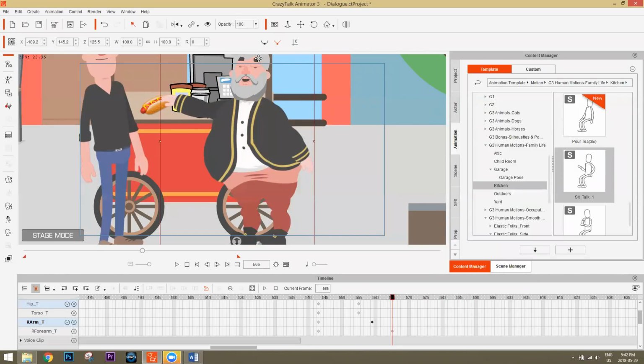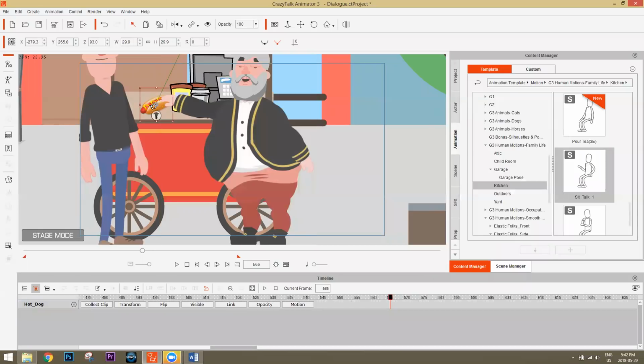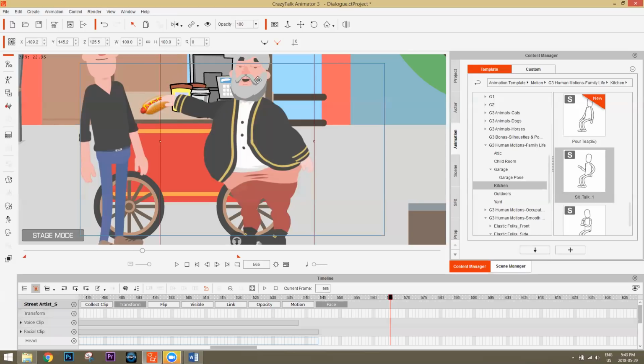At this frame here, we're going to have him link the hot dog to his hand. The easy way to do that: select your hot dog, and this is a prop, of course, so we're just going to have it link. You can actually right-click it, I believe. Can you? Nope, that's only an icon. All right, so select your hot dog there, and up here there is a link. You can just select link, and it's going to prompt you to link it to something. We'll link it to the character's hand, and then we're going to select our character and have him return to his regular position.